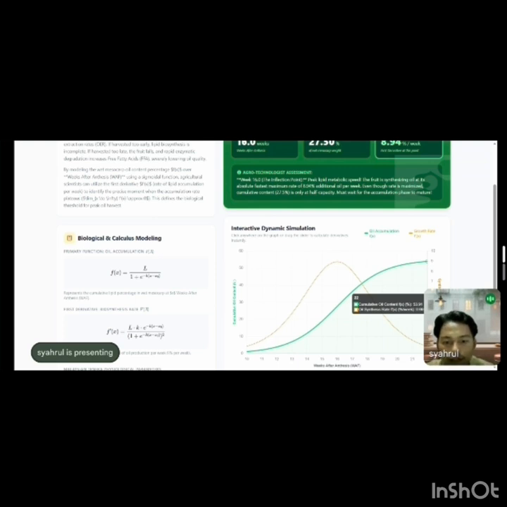Before I conclude, I want to recommend one crucial way we can improve this interactive simulation for real-world application. Right now, this simulation is perfect for an isolated laboratory setting. However, in the real world, biological growth factors change based on weather, soil quality, and region.